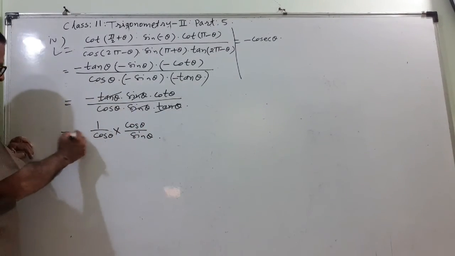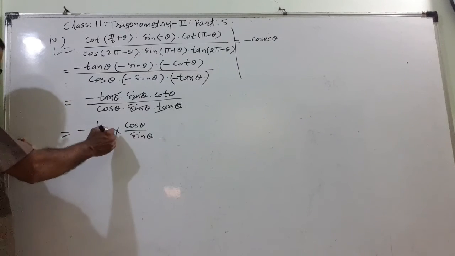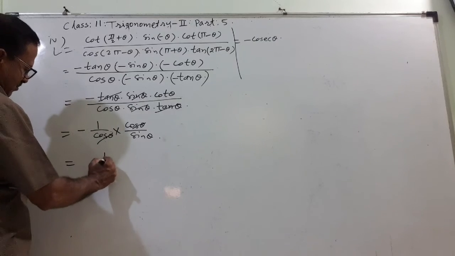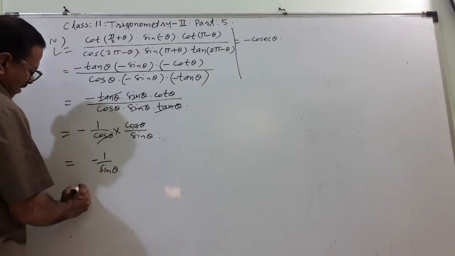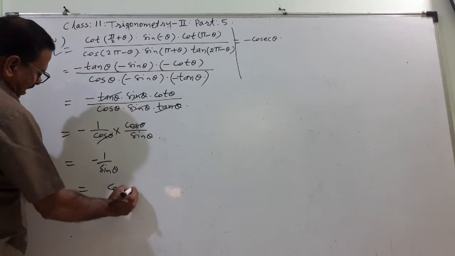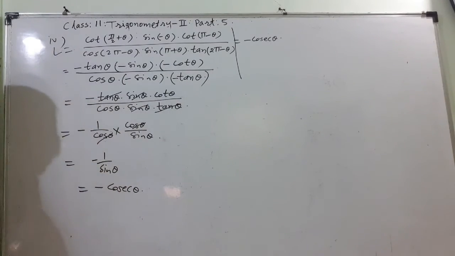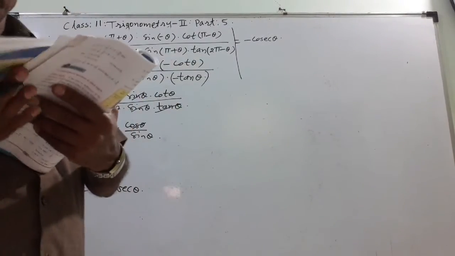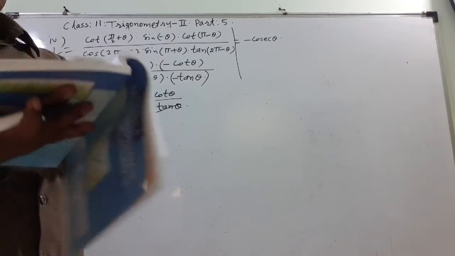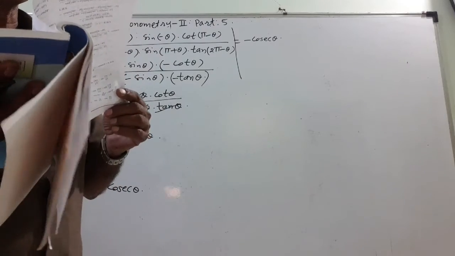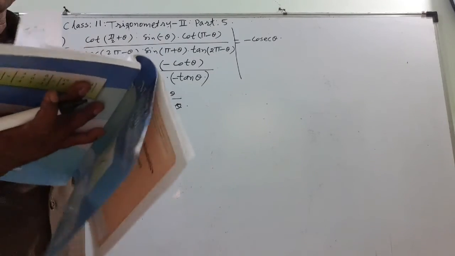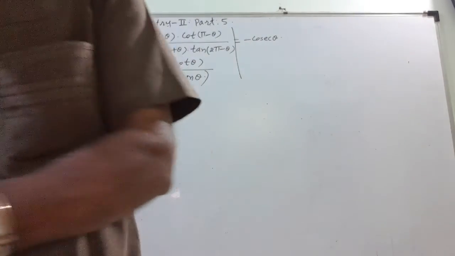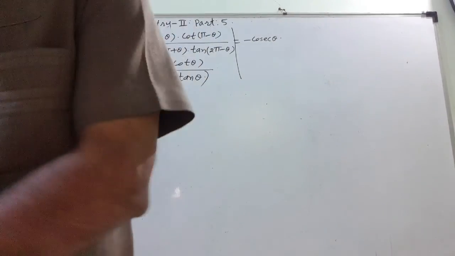That negative sign is remaining. So this cos cuts, this cos cuts. That is equal to minus 1 upon sin theta. And 1 upon sin means cosec. Cosec theta. And this is minus cosec theta. Hope that you have understood this. This is a very good sum. And in the next lecture we will see something else. But for today, this is over. There are many questions. This is a big lesson and a good lesson. Okay. Bye till then.